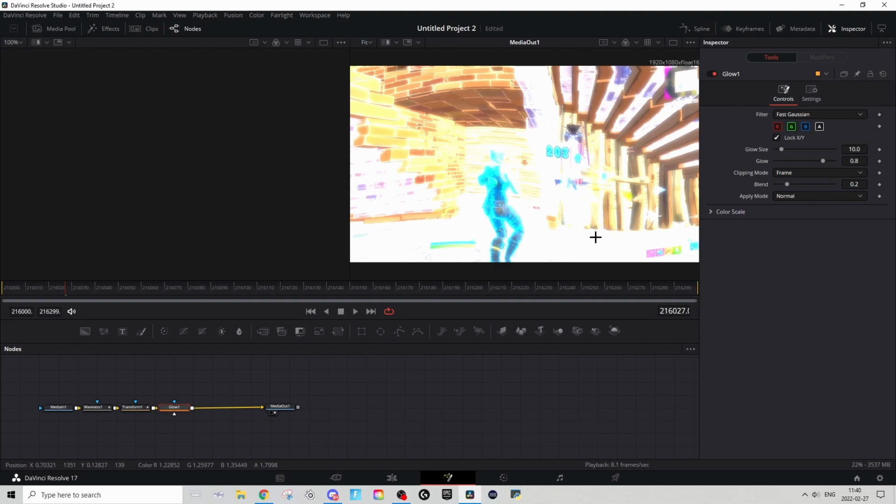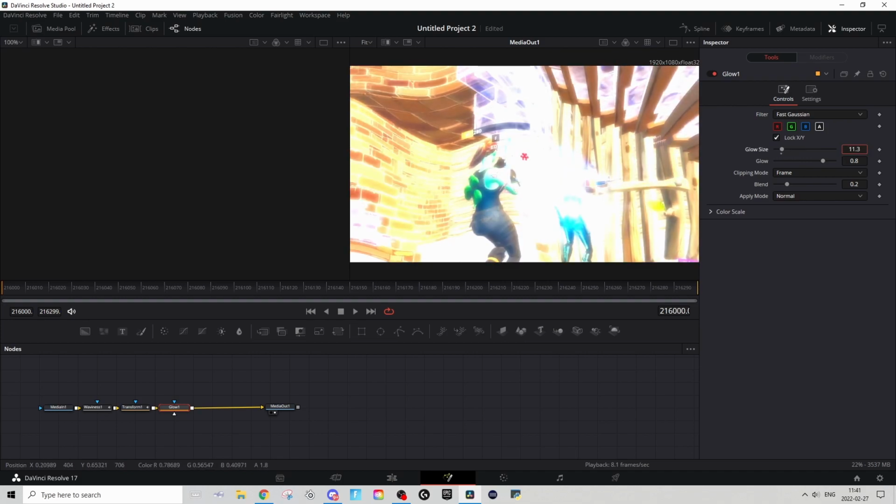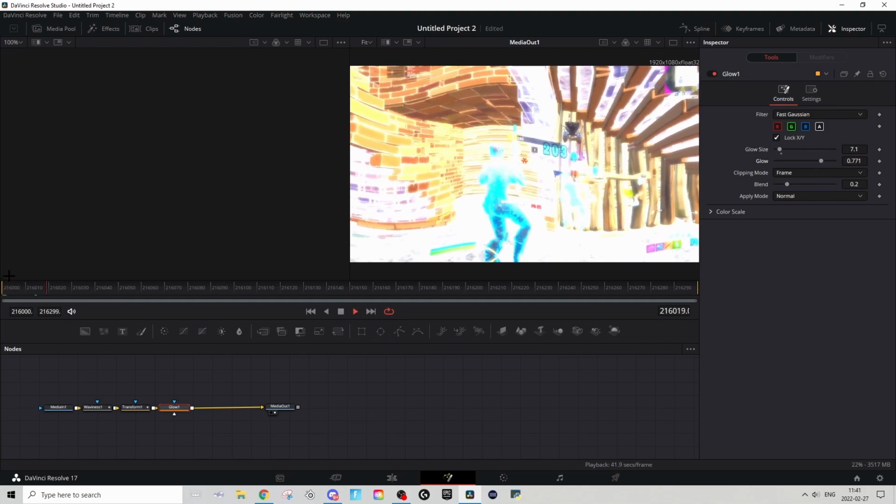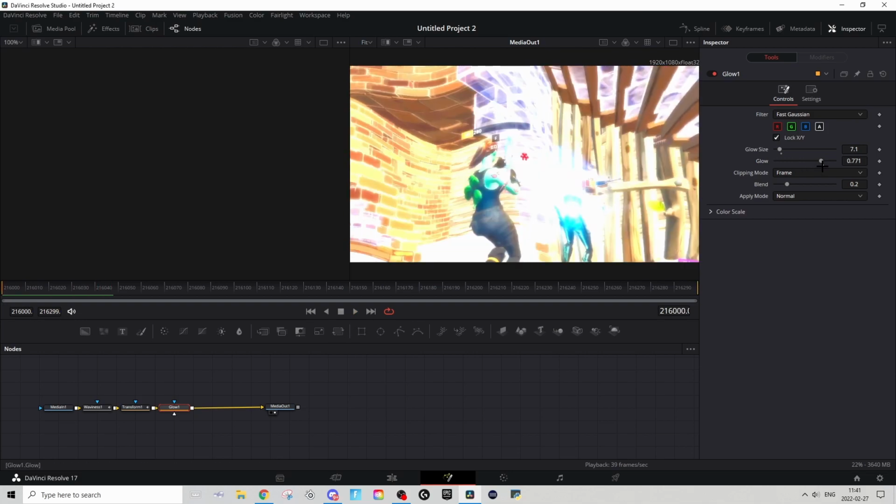If you want to change colors, press on the second one, because this is just a kind of Soviet glow in my opinion. I think this looks clean. And then you just have to play around with the glow size and how much it glows. This is just up to you, you have to play around. That's basically how it is. I think this looks clean, you can copy it if you want, but then basically we want to press on